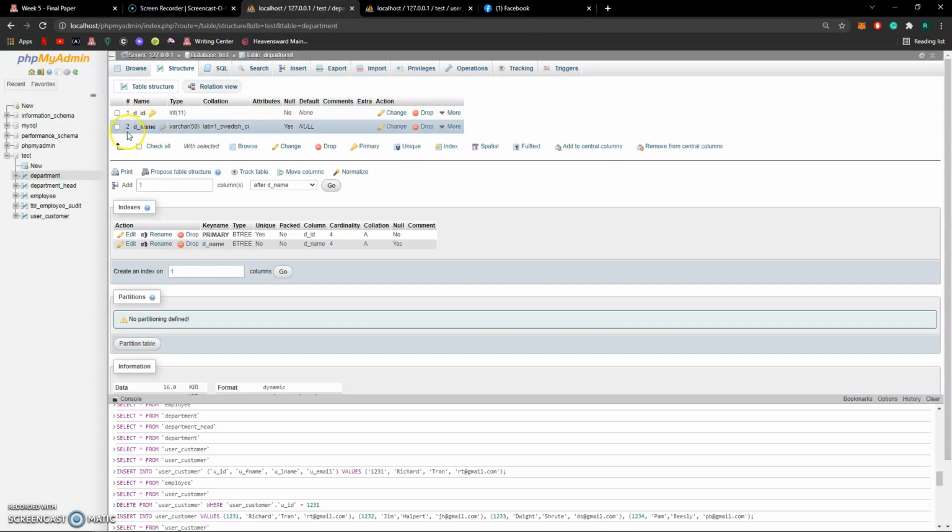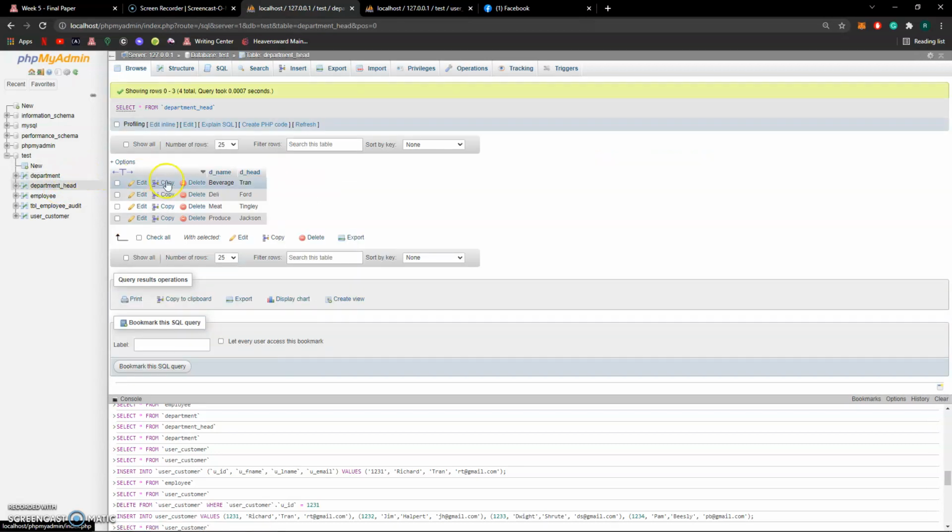Now, these department names are also a foreign key, and it leads to this table here, which links to department. And as you can see, this is the department head table, which indicates which department name and then the head of each department. And so the foreign key links to this column right here with the department names. And then lastly, we have the